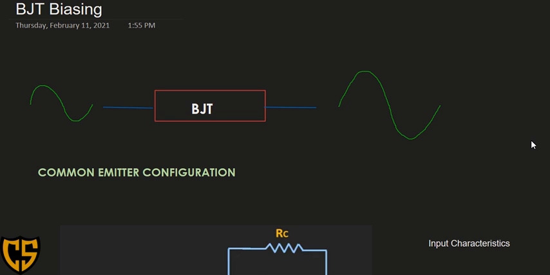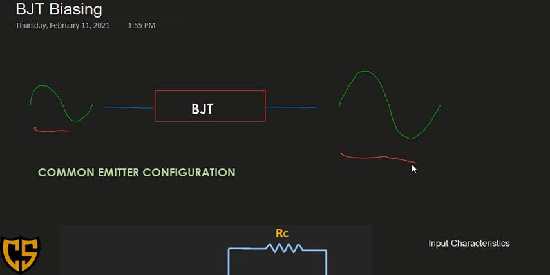Okay, so one of the major applications of bipolar junction transistors, or transistors in general, is amplification. So it is represented here by the symbols of our arrow here, and our graph here. Taking this into consideration, we have a smaller signal here and it is shown that it is amplified in